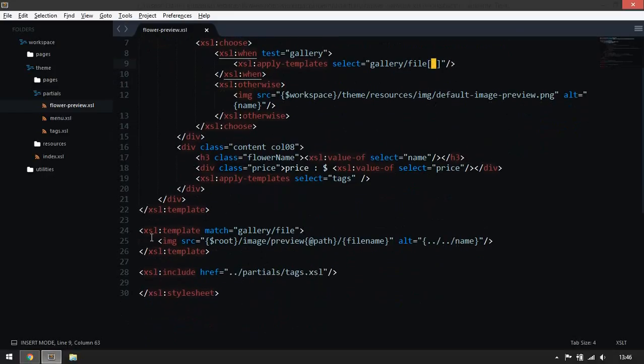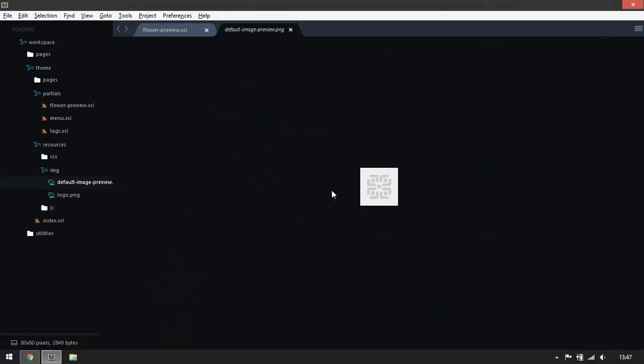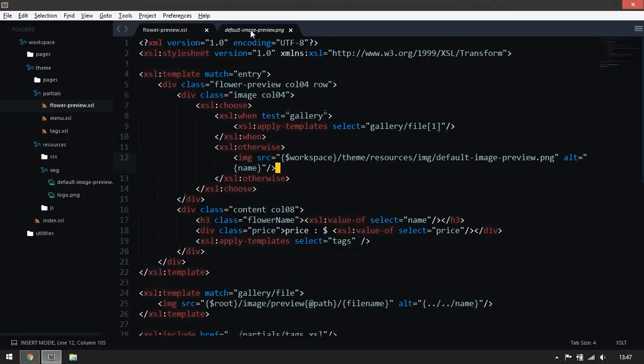And you can see this is my little template that outputs the thumbnail of a certain image by using the JIT image manipulation. And otherwise I'm just going to use default-image-preview.png that I have in my theme folder, under resources, image, and default image preview. Okay,